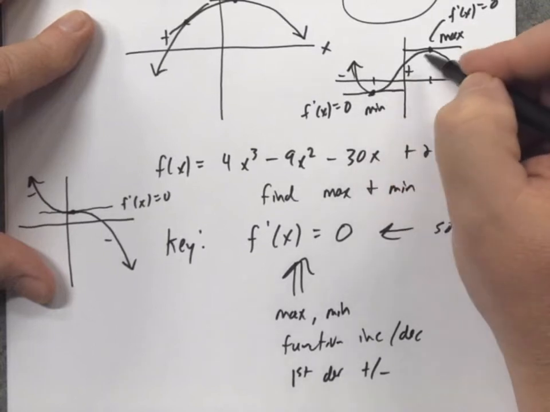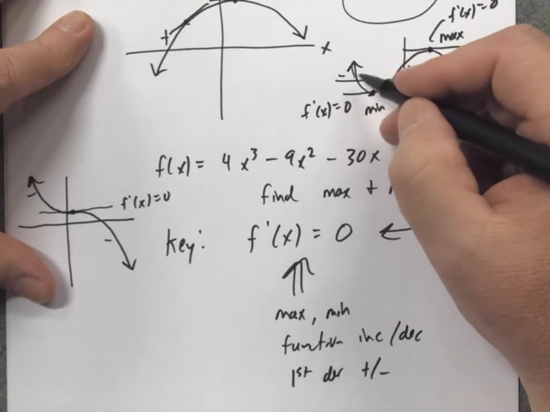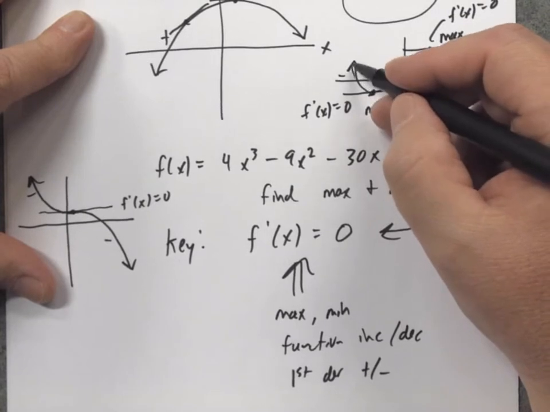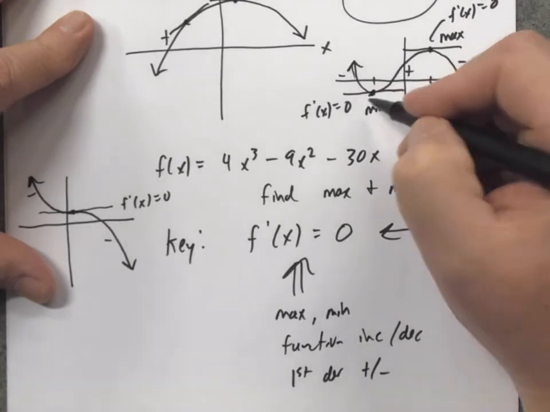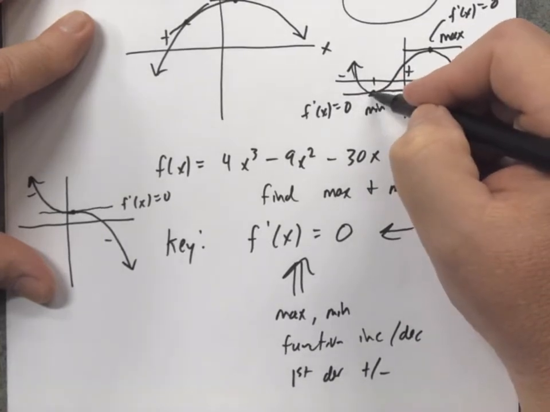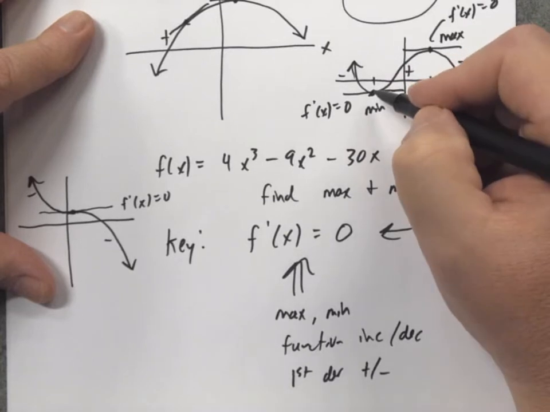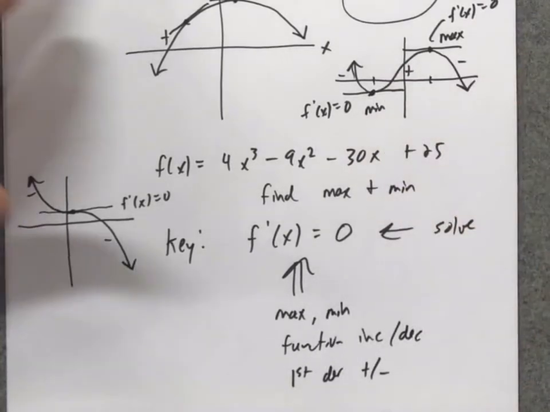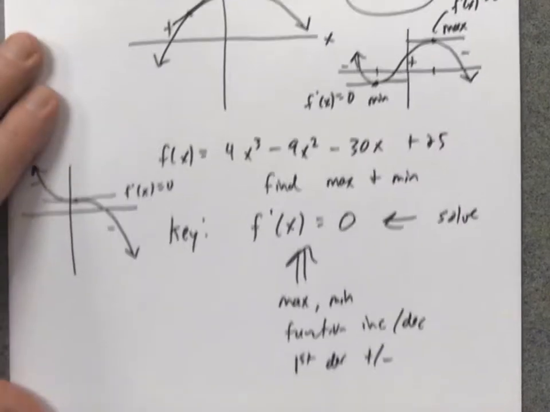These maxes and mins are when things change. Look at what's changed. The first derivative is negative. All of a sudden, the first derivative is positive. This was the point at which it changed. The function's decreasing, the function's increasing. Maxes and mins are where everything changes. As a matter of fact,